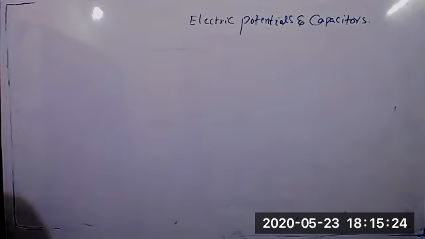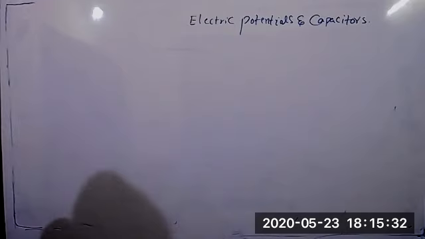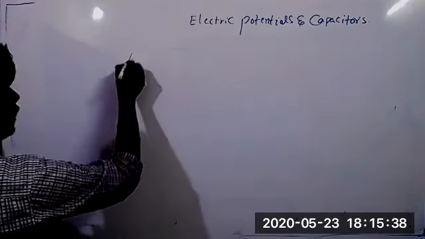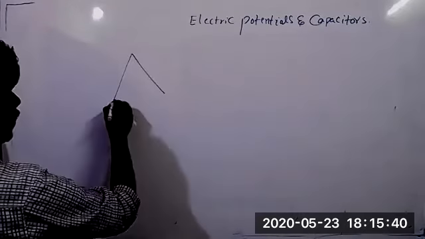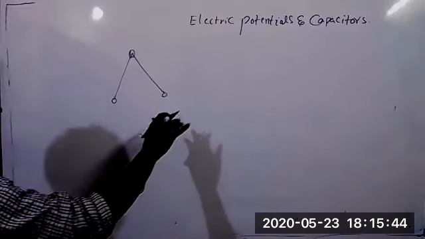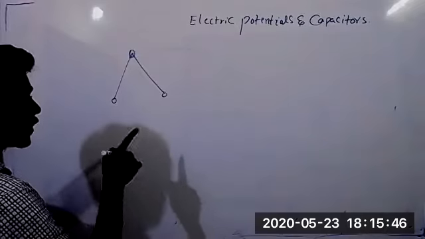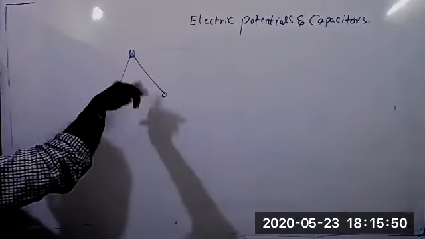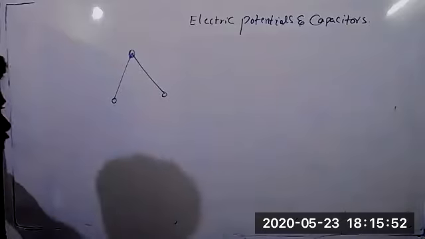Is it correct or not? No, sir. It is always defined for two or more than two charges, right? Yes, sir. Now see, if I have given one of the triangle, this model is very important. They will ask you to calculate potential energy for the system. For the system, remember. Now, a system of particles is there.